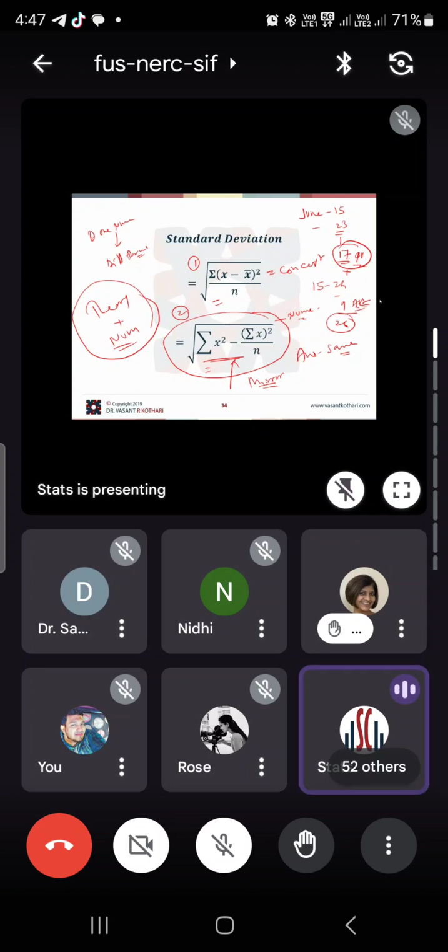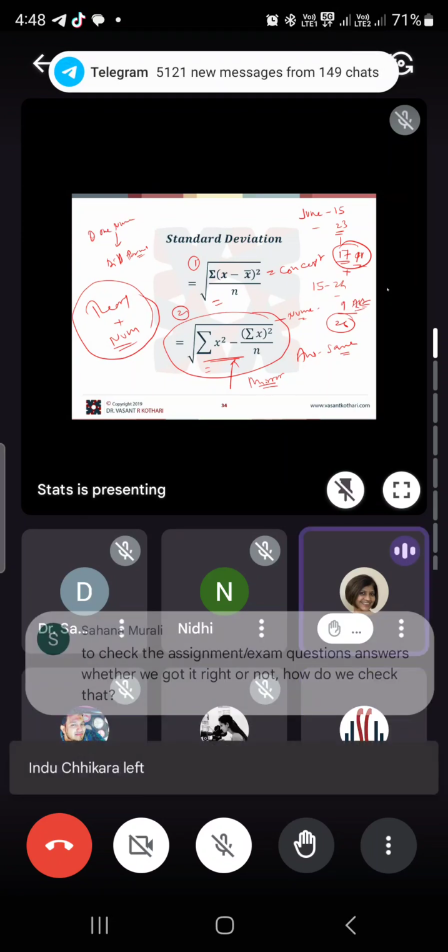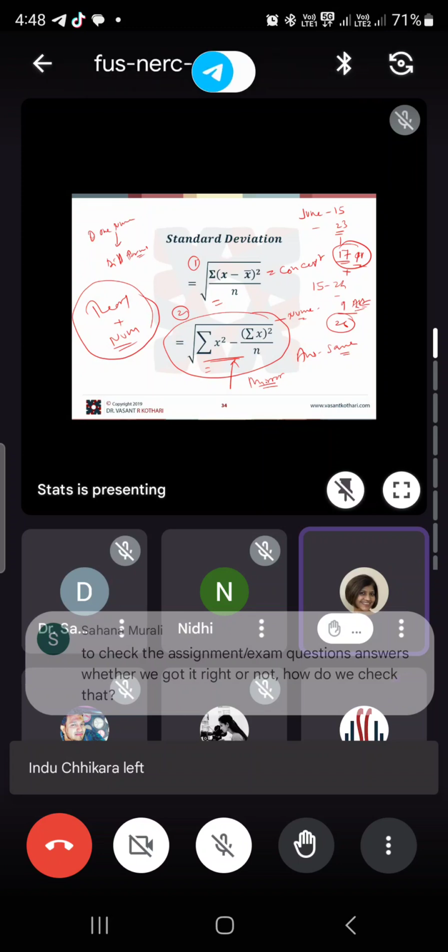No, I'm talking about the standard deviation formula. Mean, correct. But in the earlier formula, you have x mean, na? X minus x mean. In the second formula, you don't need to refer to x mean, right? Yes, but what I'm trying to tell you is that while solving the numerical, you may need to find out the mean. That mean you may not use in a standard deviation formula, correct, but it can be used somewhere else, the average. Okay. So you need to go numerical by numerical. Got it. Thank you.